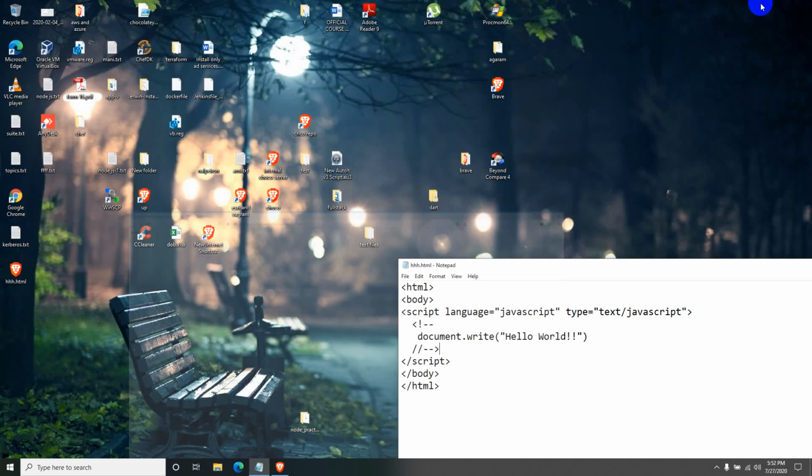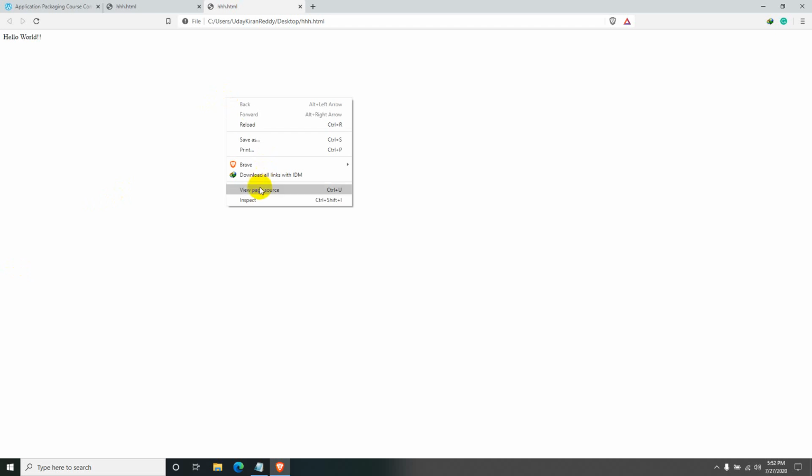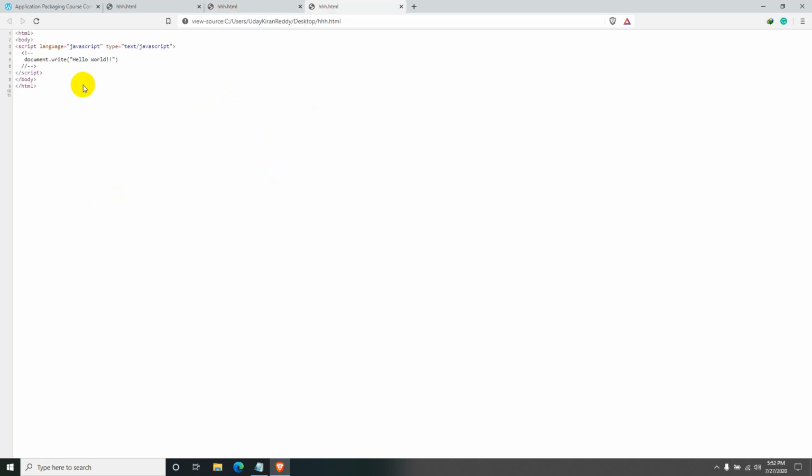See, JavaScript was initially developed for client-side scripting. So there are two types of scripting: one is server side and one is client side. Server side means it will be executed on the remote server where the website is hosted, and that output will be transferred back to the client. But JavaScript is client-side scripting, meaning the complete JavaScript code will be downloaded to the client machine, and if you view the page source, you can see that JavaScript code is visible here.